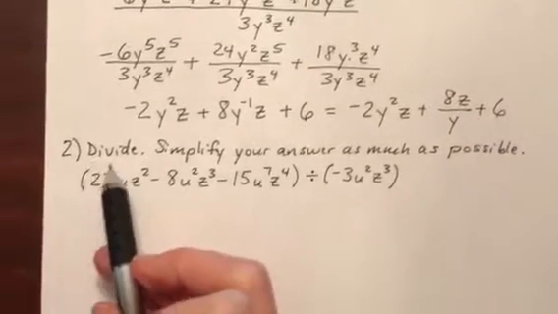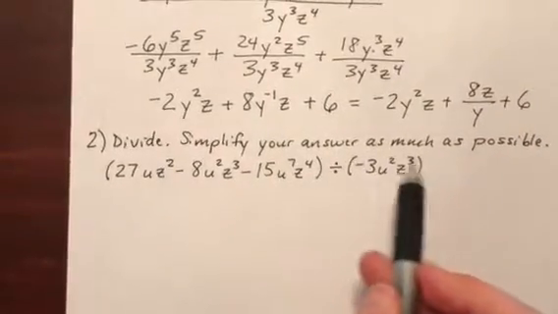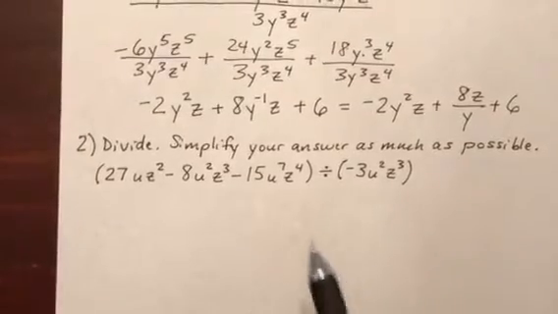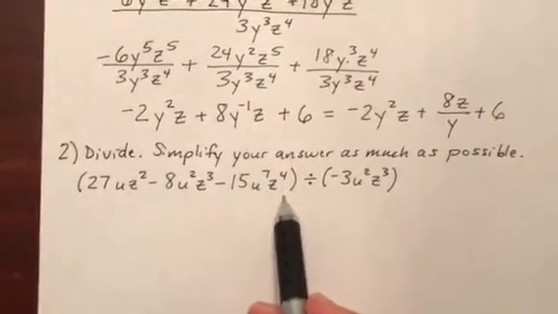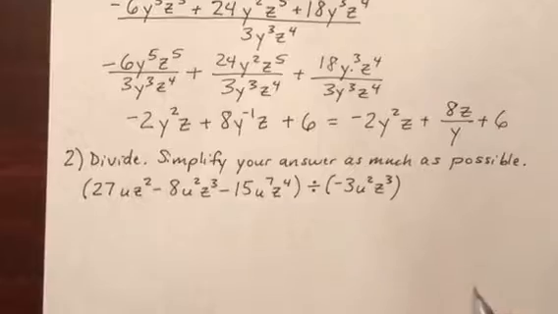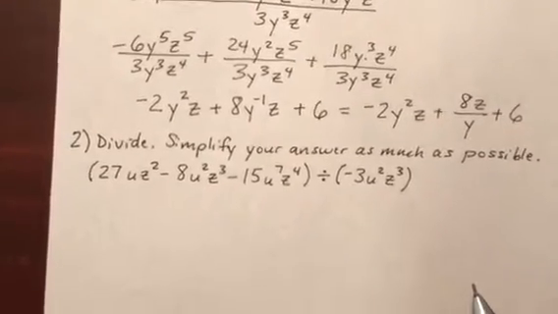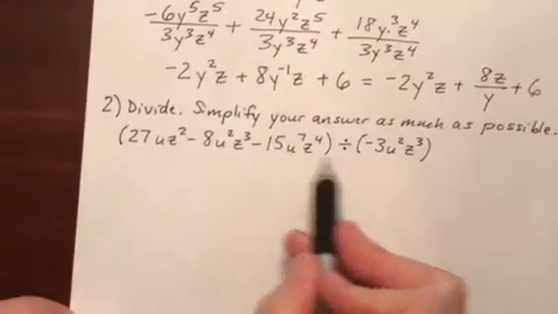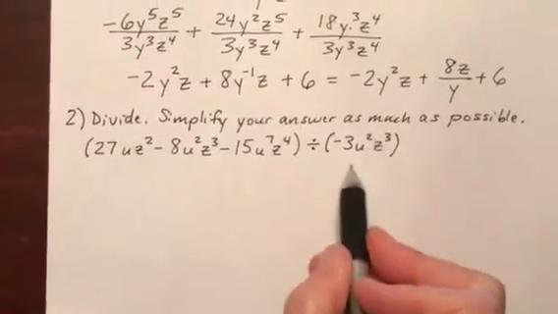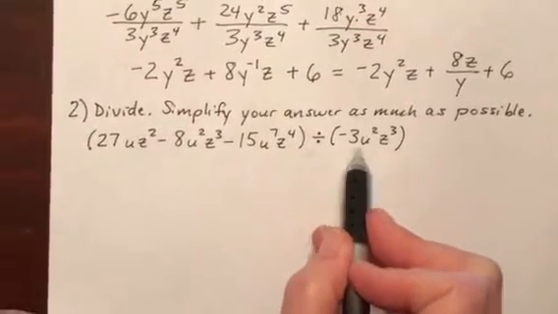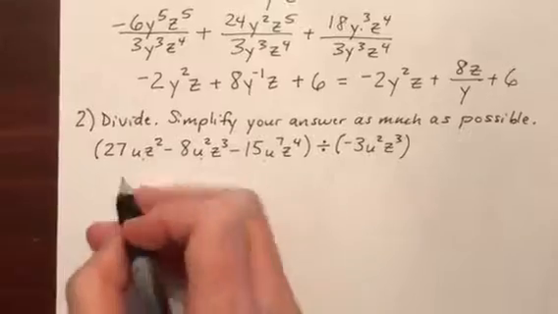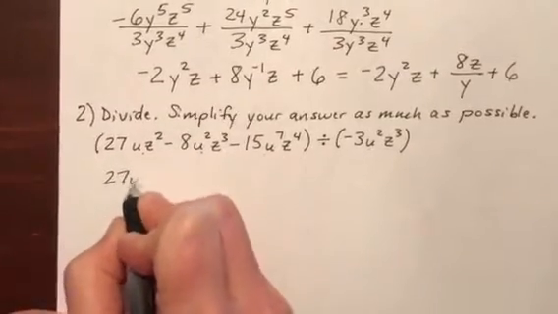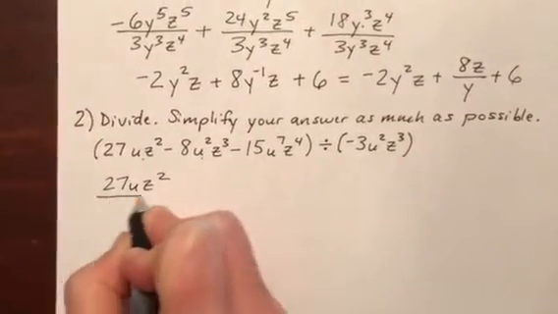The second one is similar. It says divide, simplify your answer as much as possible. Notice that instead of being written as a fraction, it's written side by side as division, but this is the same thing. I'm dividing a polynomial by a single term, and so I divide this term into each one of these. So 27uz squared over